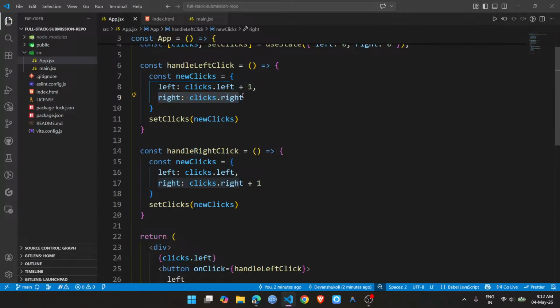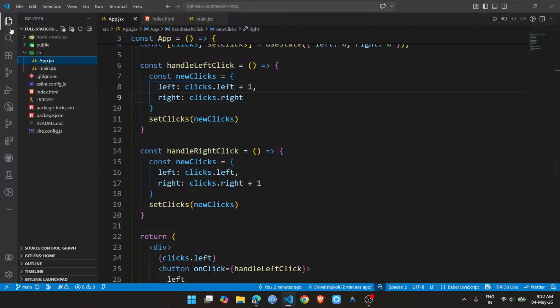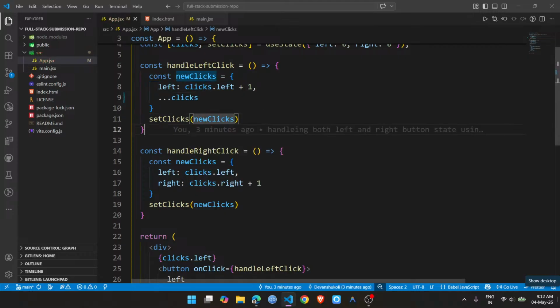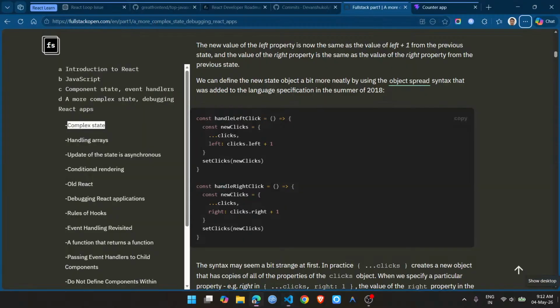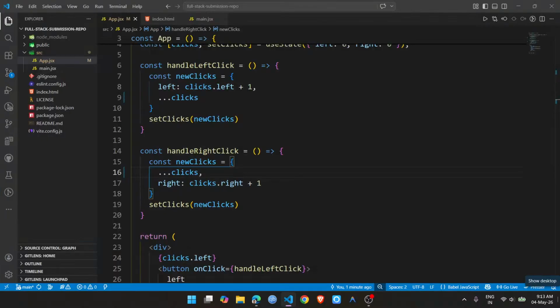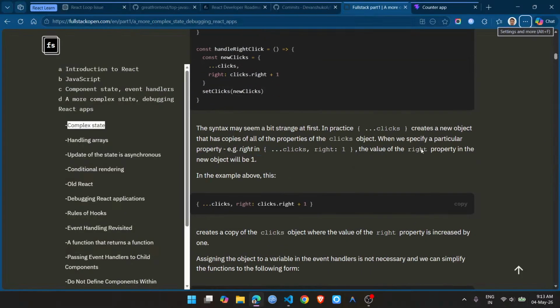So this is what they are trying to say, that otherwise pass clicks as it is. The syntax may seem a bit strange at first. In practice,